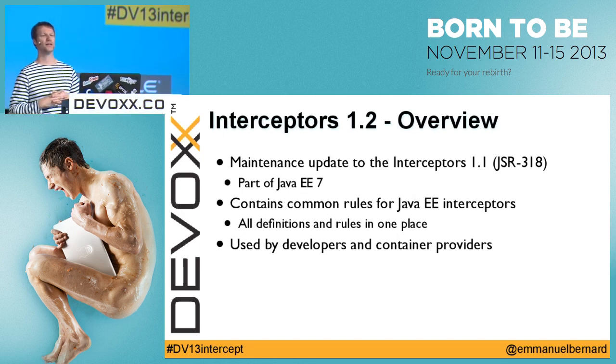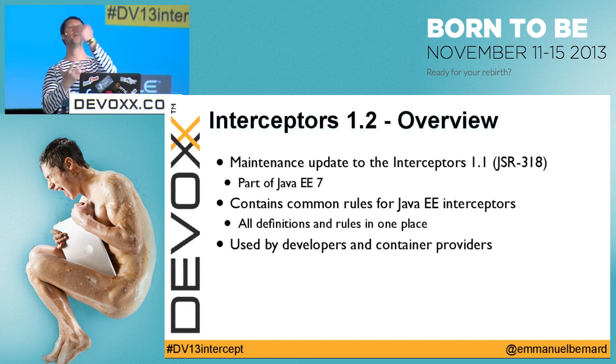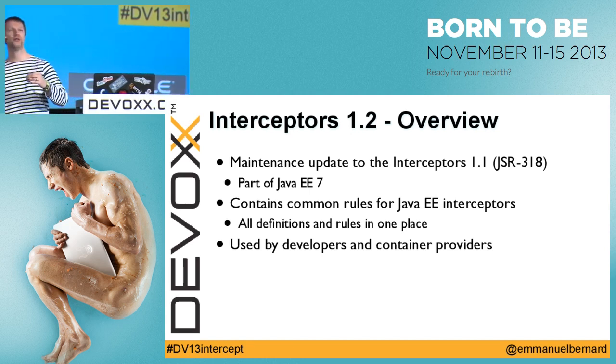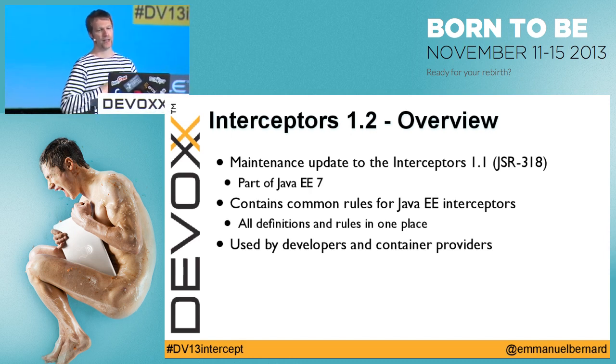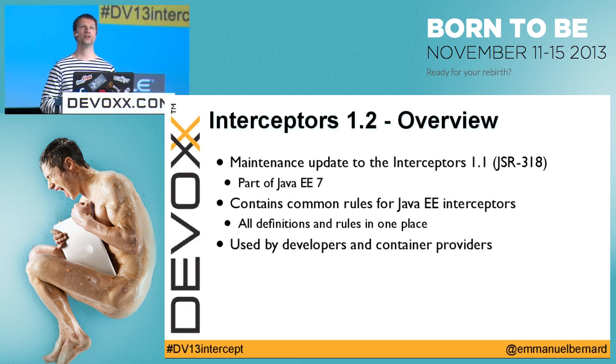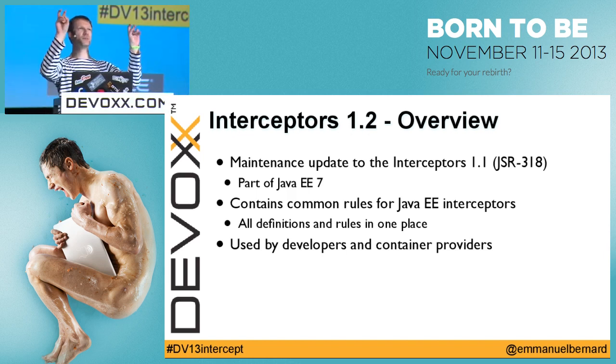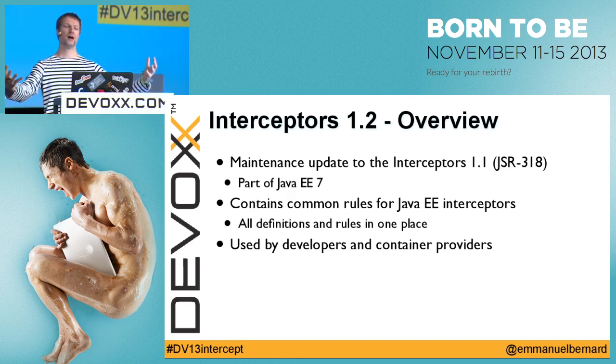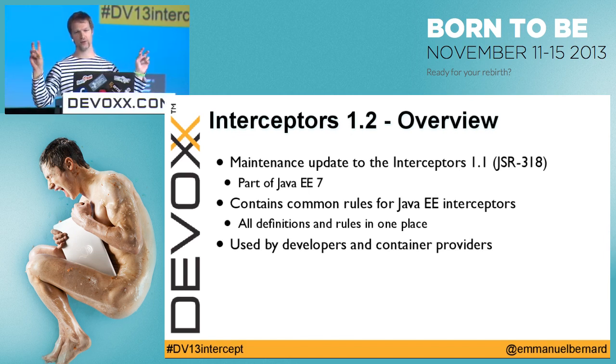Let's discuss interceptor. What is interceptor? It's obviously the kind of technology that lets you intercept a method call and do some stuff before actually executing the method, right? And in previous versions of Java EE, this was part of the EJB specification, and then other specifications had some kind of interception technology. So everyone was sort of reinventing the wheel. So what we did is extract the notion of interceptor into a dedicated spec, Interceptor 1.1, 1.2,